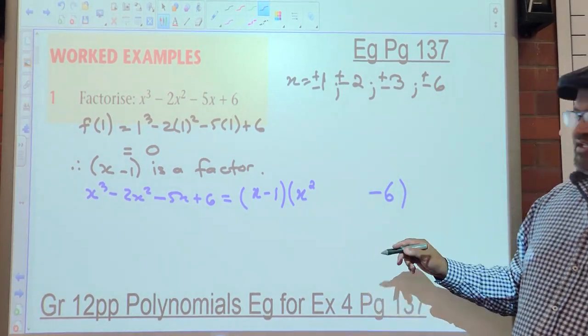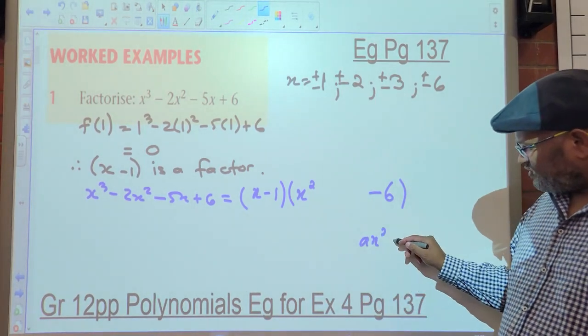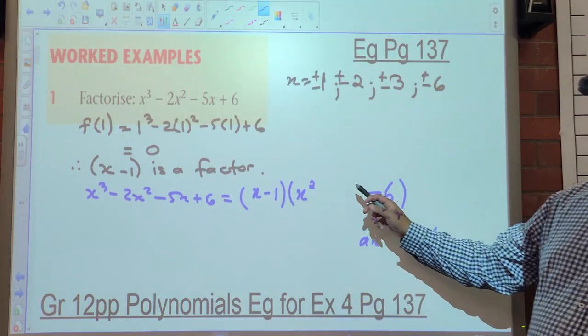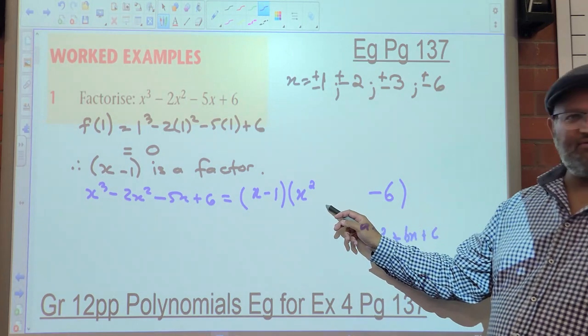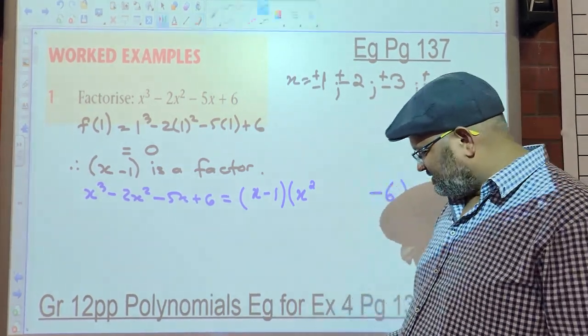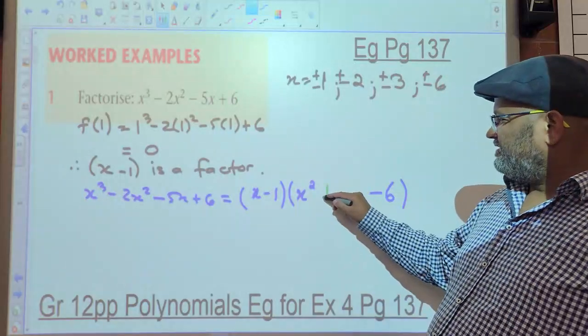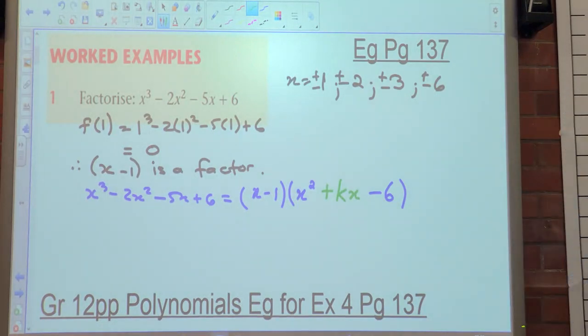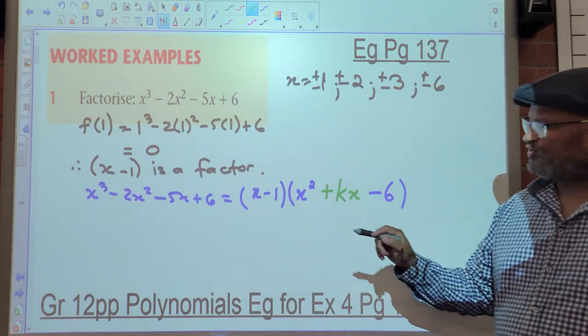What's the standard form of a quadratic? x squared plus bx plus c. So in other words, I'm shorting this Mickey Mouse here. Not so. So we're going to replace it with a variable of kx. Okay. When I replace it with a variable kx, and I multiply the story out,